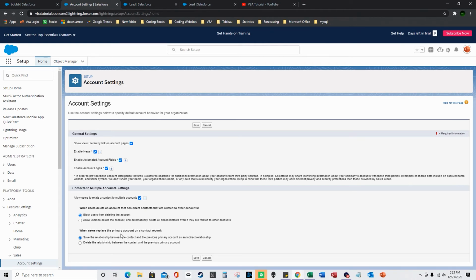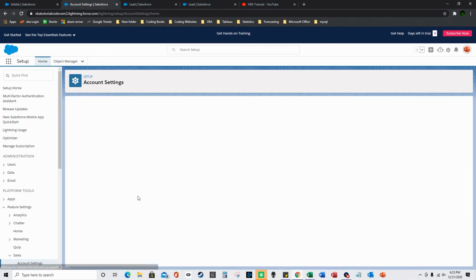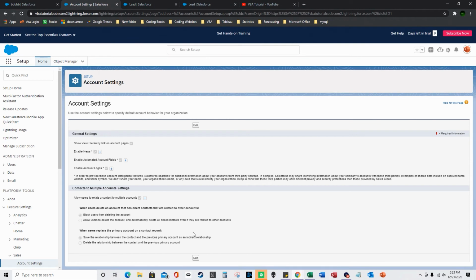And then when the users replace the primary account on a contact record, you can have these two options, but I'm just going to click save. You only need to check that box, and then it actually will send you an email when this completes. So you can set this up right away once you start. It'll say in progress for enabling contacts to multiple accounts for you. So then you go to